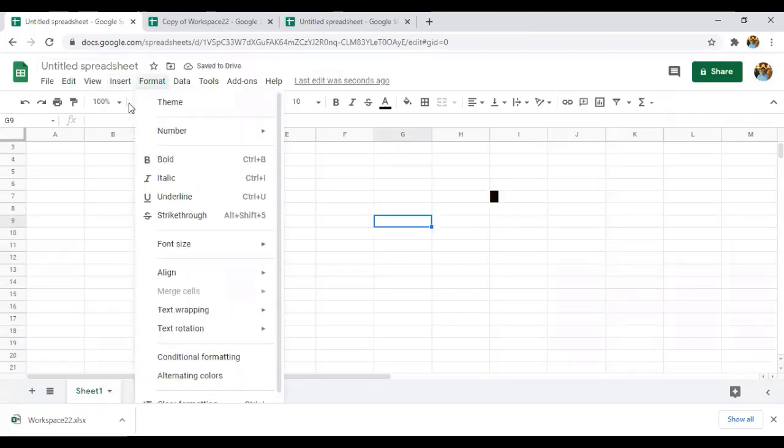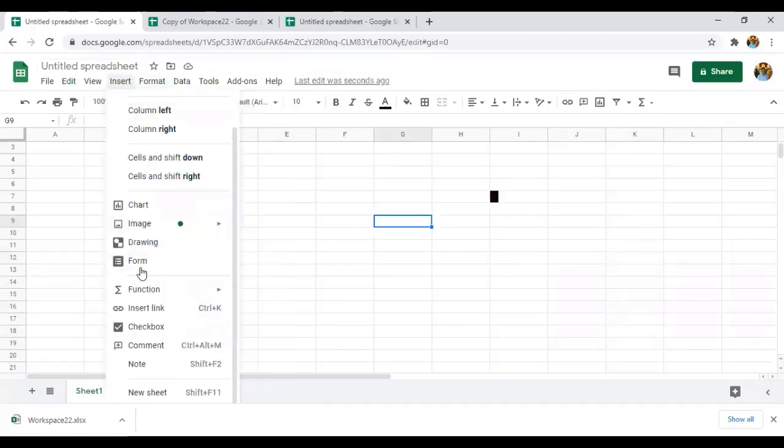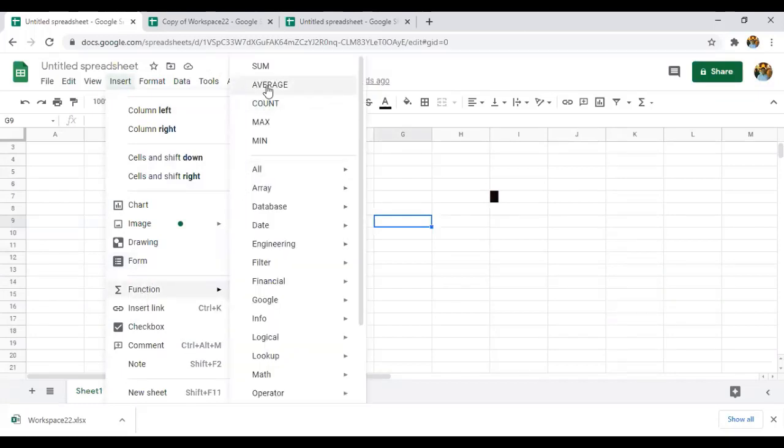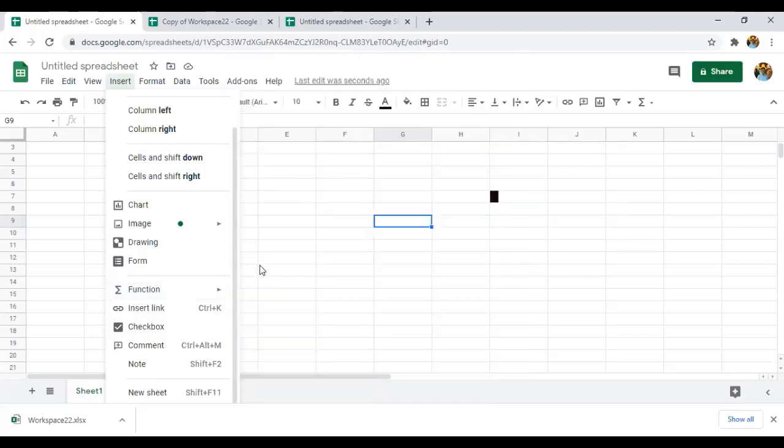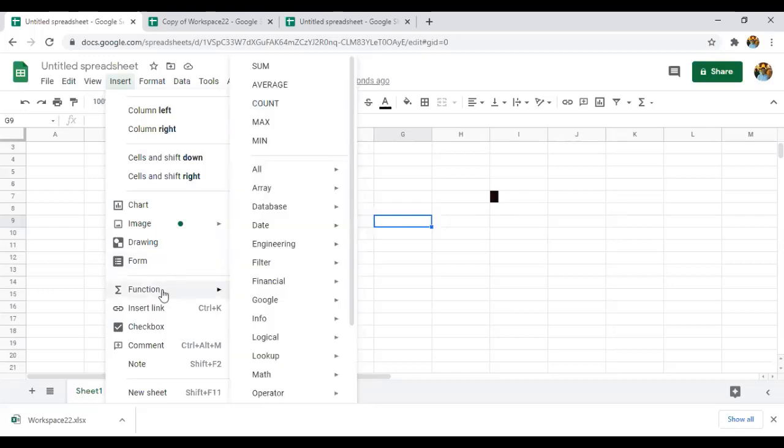And if you click on the function, that is sum, average, count, maximum, minimum, or anything, you can do several operations like addition, average, count, minimum, maximum. Just go to Function and select the functionality.